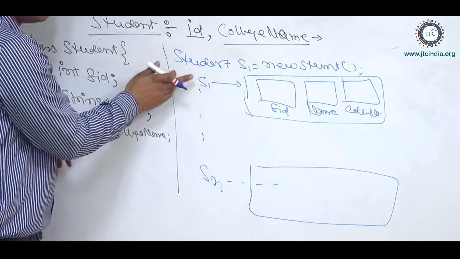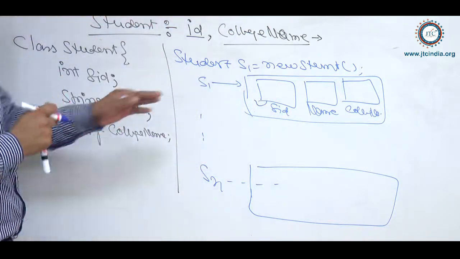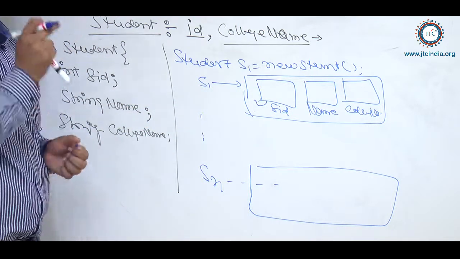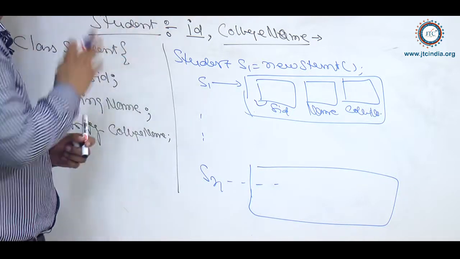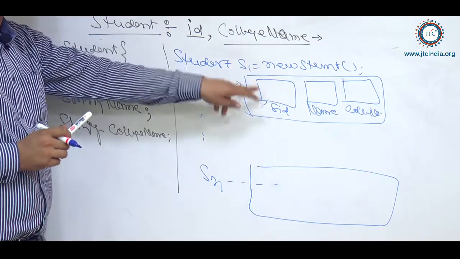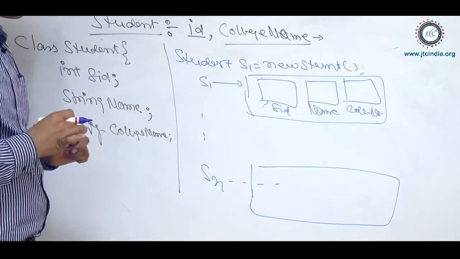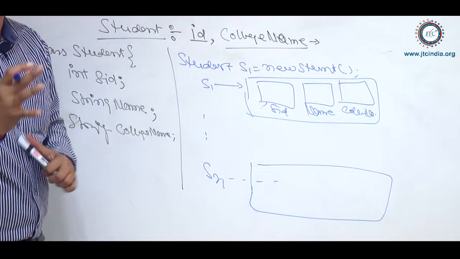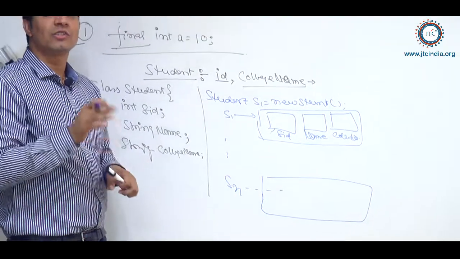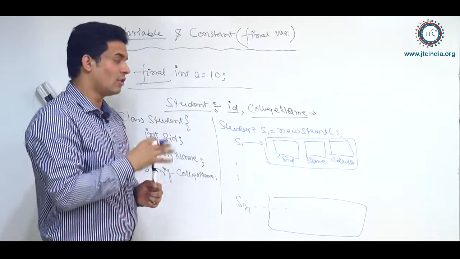Now again, when I am writing S1, since SID is a variable, the value of SID for all the students could be different according to their requirement. So when it is different for all the students, we can't have it as final. It has to be a variable itself, because the value of all the SIDs has to change according to the requirement. In a similar case, name also should be the same, but as I told, for the college, maybe it is common for all. So if it is common for all, why write the name again and again?